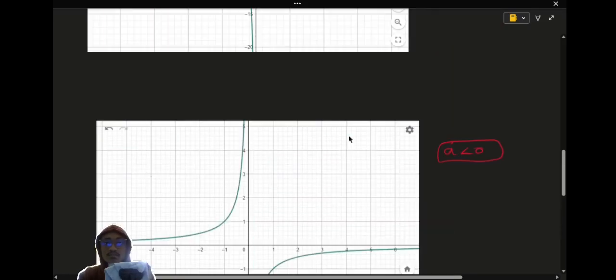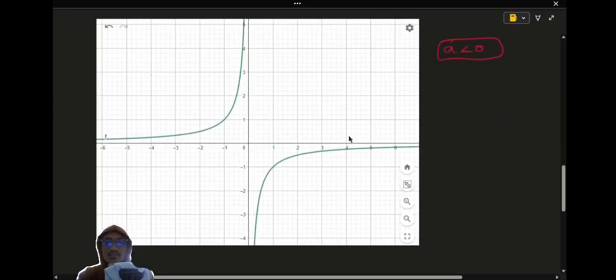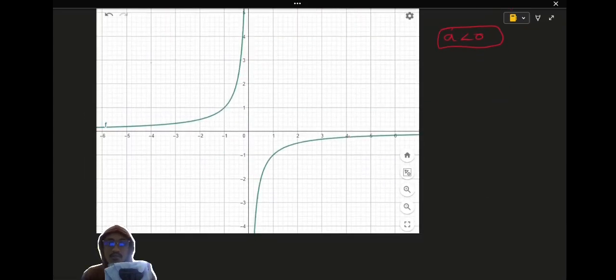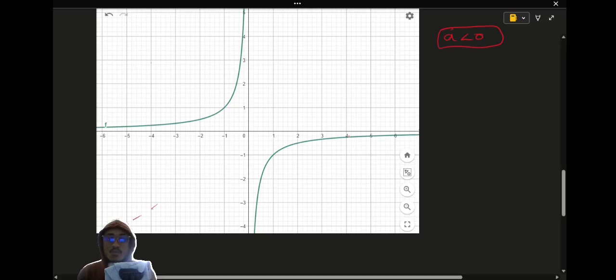What is symmetry? Let's talk about this one for a second. Although it's negative, symmetry will be the same. When we talk about symmetry, we are referring to how we can cut our function such that it remains identical. Like how can we cut our function, maybe in half, and it remains identical? So those two parts are identical. As you can see, when we cut our function, let's say from here,